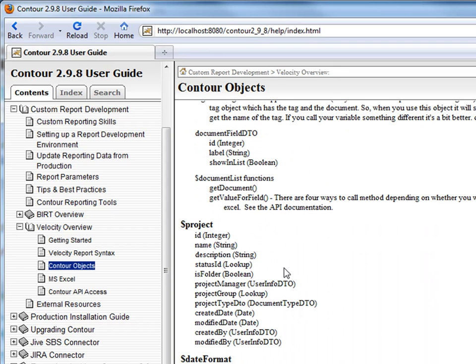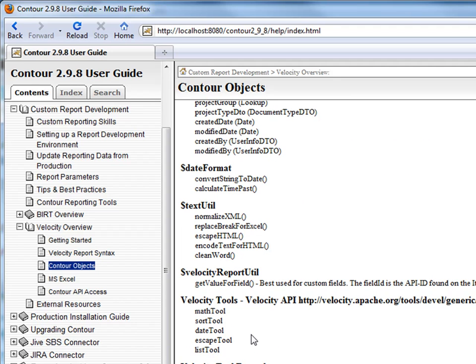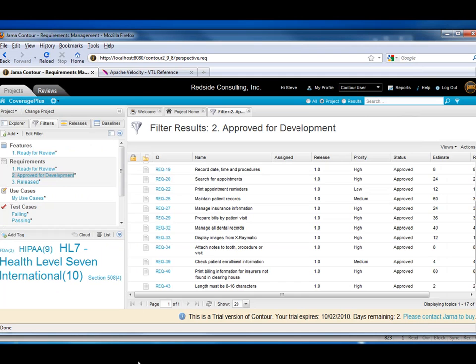But if you scroll through here, you can see the information that you get by default, as well as the project information. But there's also some utilities that you can use to do sorting, work with your dates, potentially do some light math. And so if you want to add up some totals, do some different types of percentages, you can do that within the tool. So we're going to go back to our template